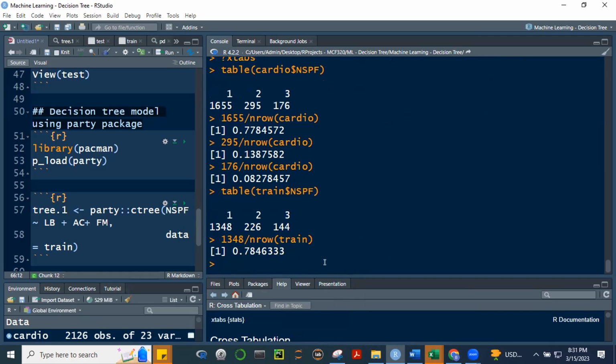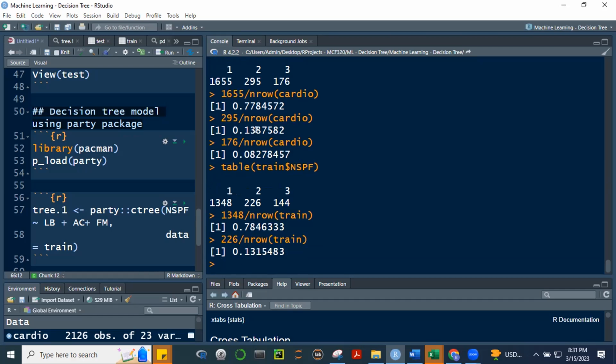Kasi ang danger lang nito, baka pag hindi na randomly generated, baka magkaroon ng bias. Kasi kunyari, naging 92% yung 1. Tapos konti na lang yung napunta dun sa 2 at saka yung 3. Okay, I hope you got it, no? I hope you understood what I was saying. What I'm saying is that I hope na maintain yung proportion. Kasi dito 78% yung nasa normal eh. So dito 78%, okay? If we check yung 226 divided by N row ni train.